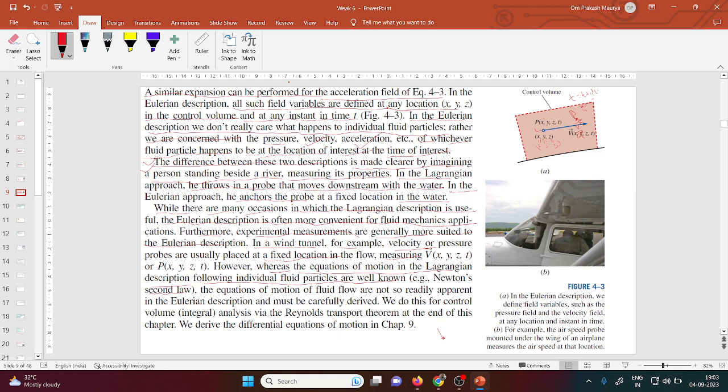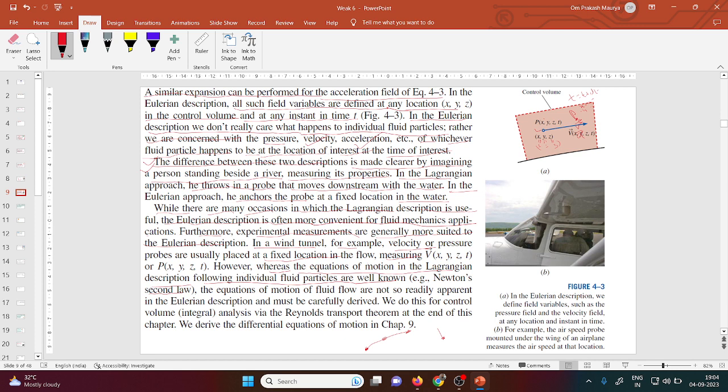Basically, Newton's second law is given for an individual fluid particle, an individual object moving from one place to another place. But in fluid mechanics, we are not going to track individual fluid particles, because we are going to use the Eulerian approach. The Lagrangian approach is very difficult in the case of fluid mechanics. So we are going to use the Eulerian approach, and as you know,